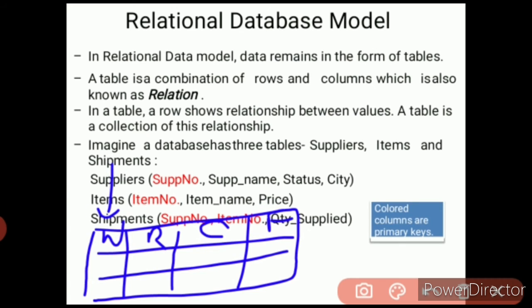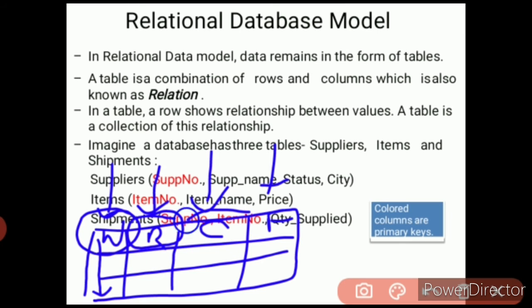These are known as the fields. This complete is known as the column, but the particular area, the specification of your column, is known as the field.